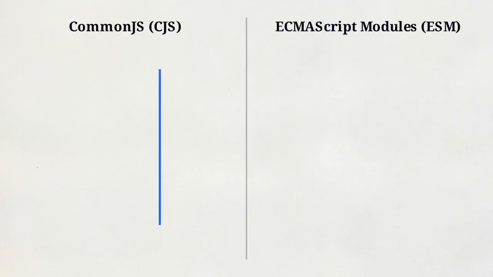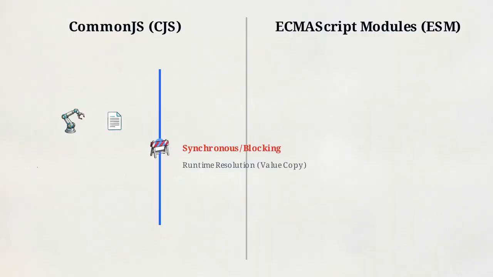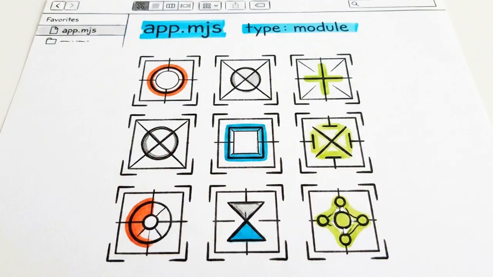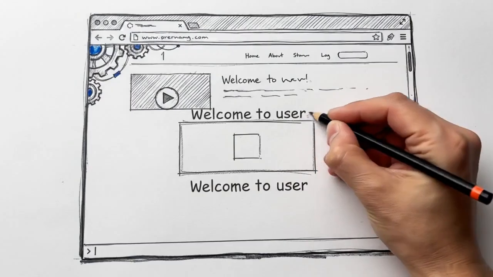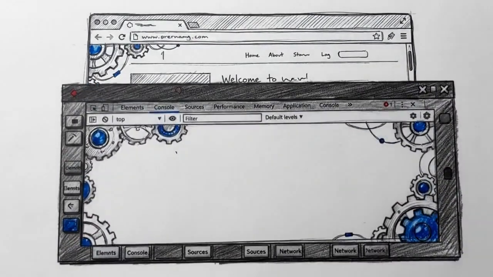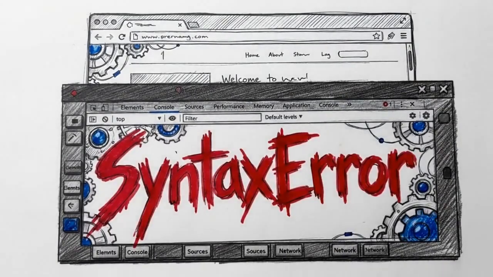JavaScript now uses two distinct systems: CommonJS for synchronous server-side value copies and ESM for asynchronous browser-native live bindings. Node.js manages this by checking file extensions like .mjs or the type flag in package.json. These flags tell the engine which parser to initialize. The opening syntax error was the engine enforcing these boundaries, preventing developers from dropping a server-side execution model into a